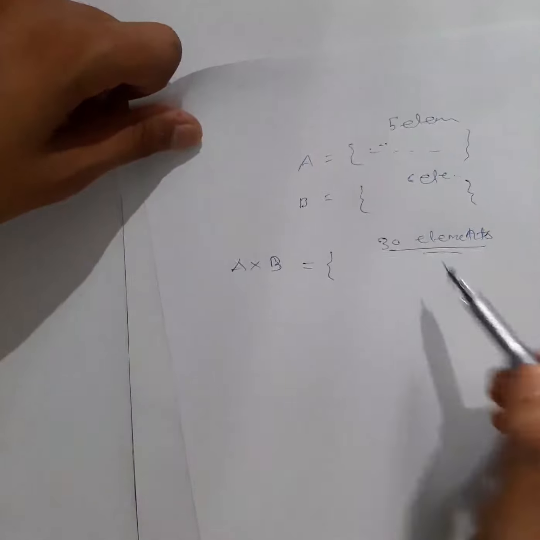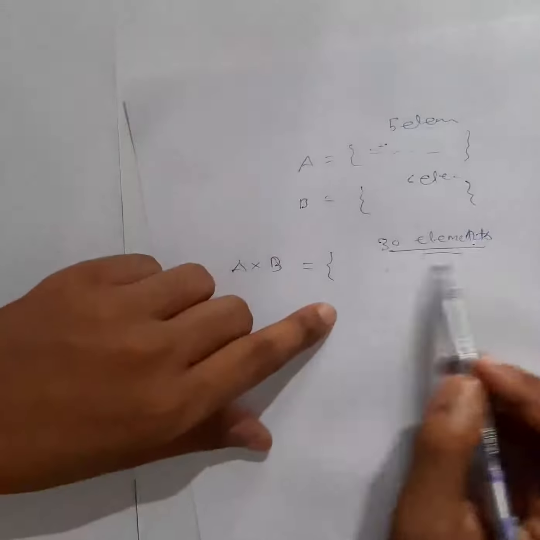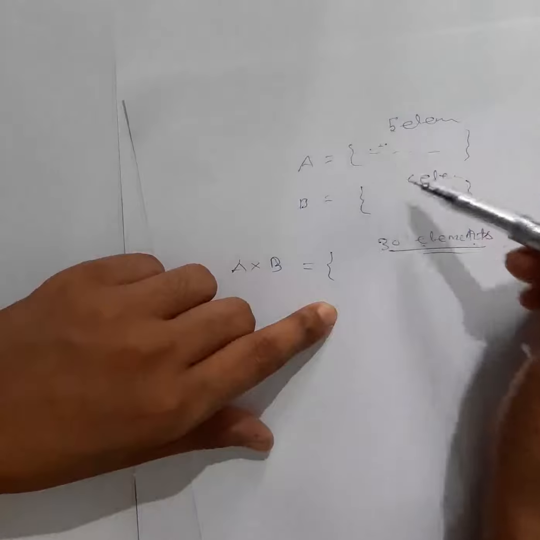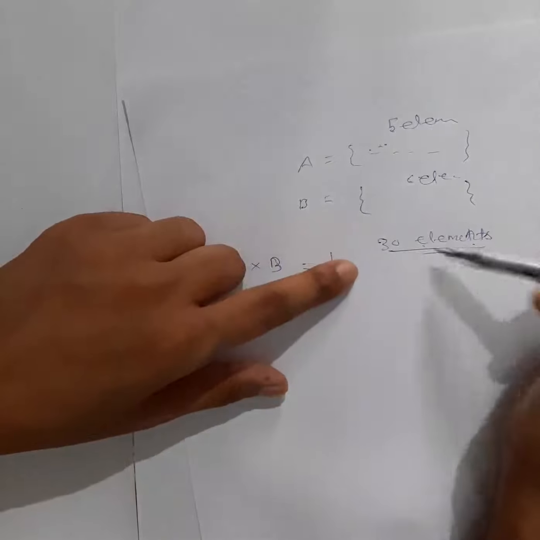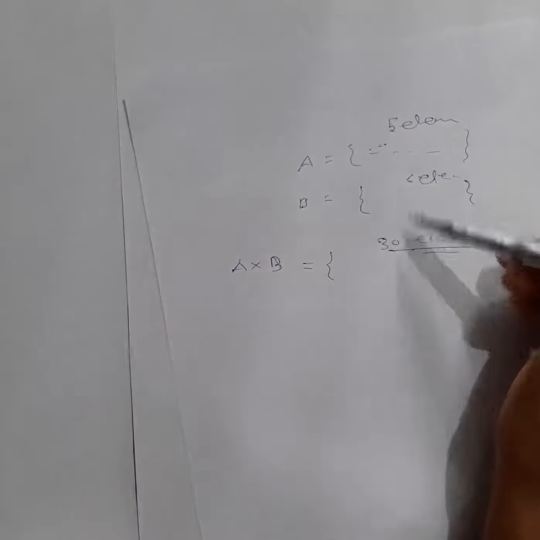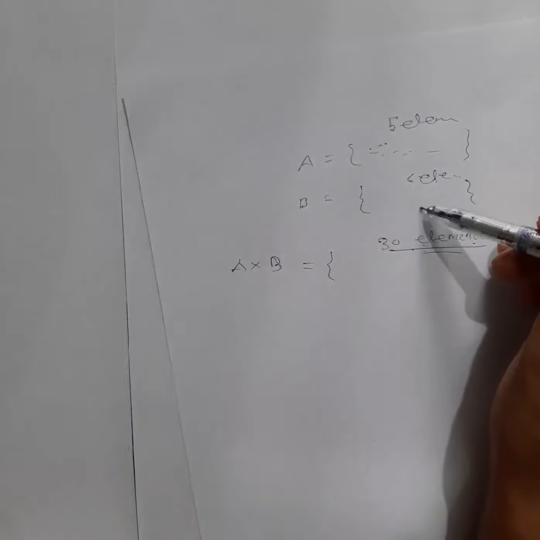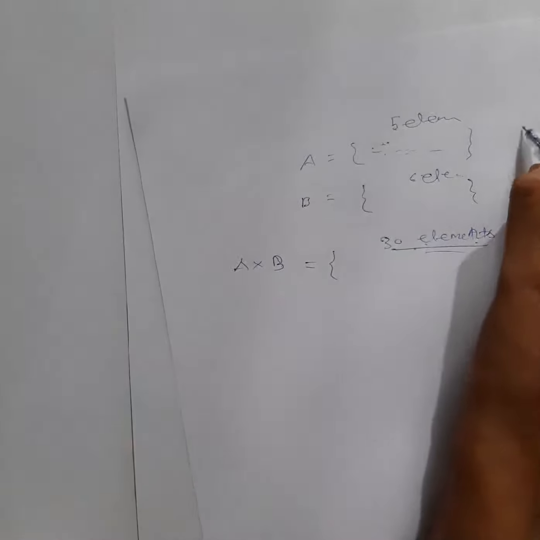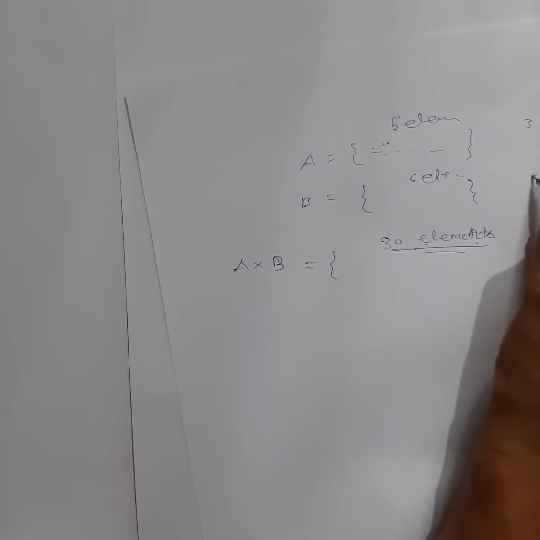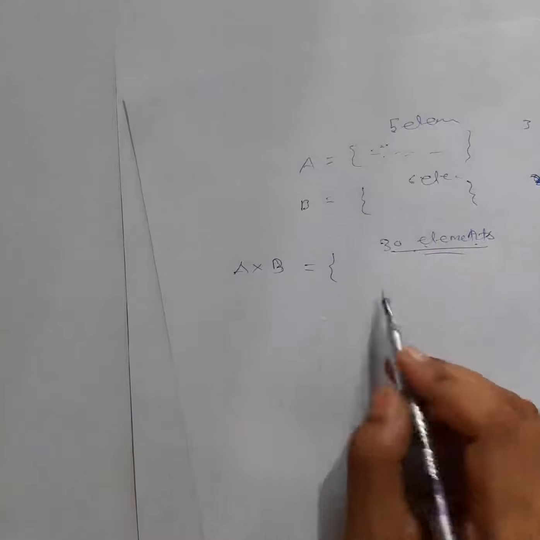Okay, you can check that. You will get exactly 30 elements here. How do I know? 5 into 6 I have done, and I know that there will be 30 elements. You can try to make pairs. 5 elements you take, 6 elements. If it is big, you can take a small number also. You can take 3 here, 4 here, or you can take 2 here. You will see 3 into 2, 6 elements exactly you will get in ordered pairs.